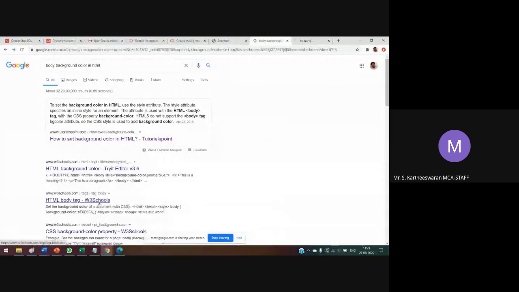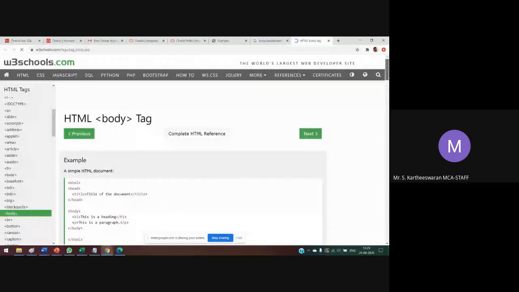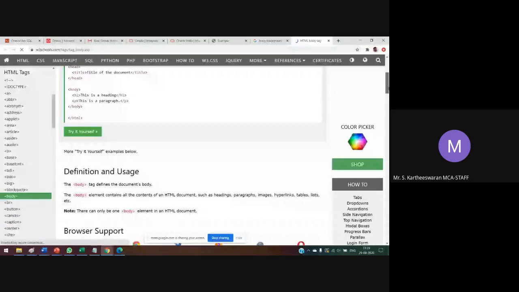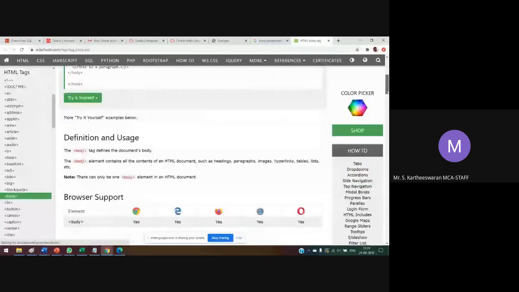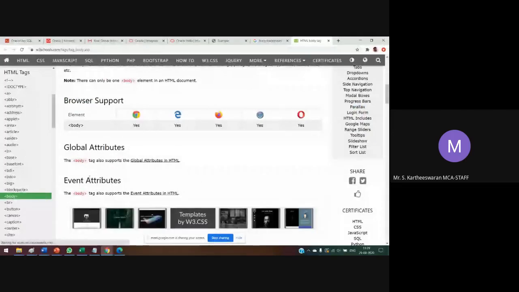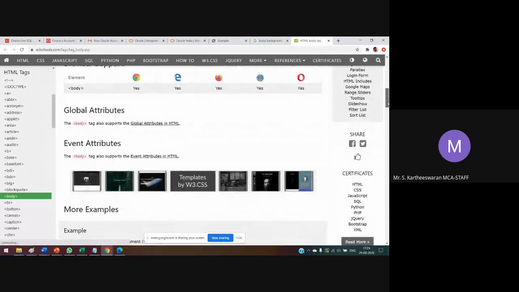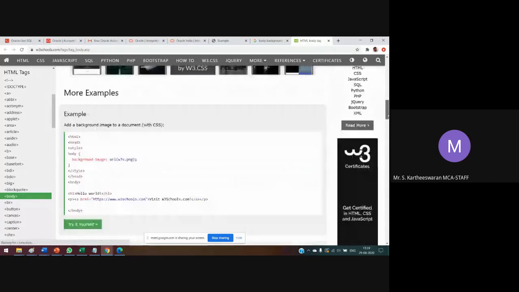Here is another example we will use. These are all the web browsers that support it: Chrome, Internet Explorer, Firefox, Safari, Opera. Some body tags do not support that kind of tag, so it will not execute in the Chrome browser.